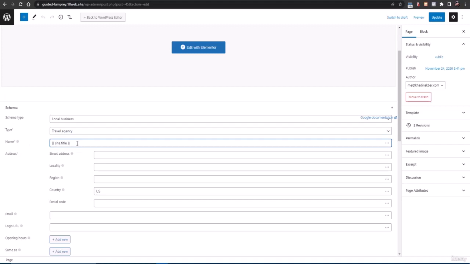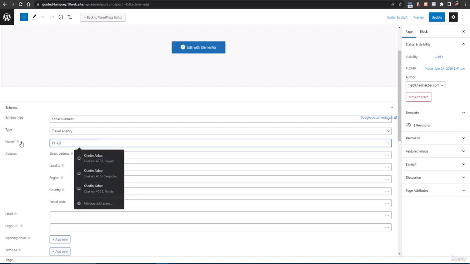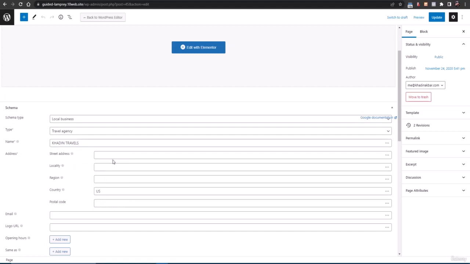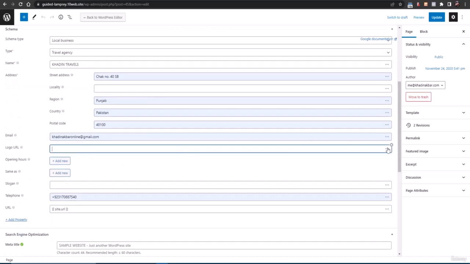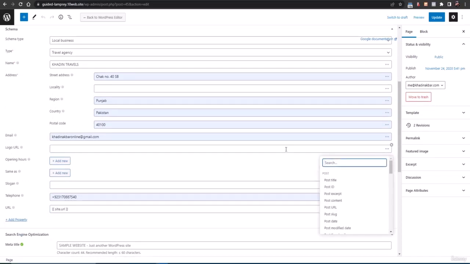Now the name is the site title, or if you want your site title to be the name, you can add it, or you can add your own name like Khadeen Travels. Then here you will have to add your address, all your address that is added to your Google My Business, then locality if you have, and your email address, then your logo URL. Here you can add your logo URL, or from here you can just select the logo,